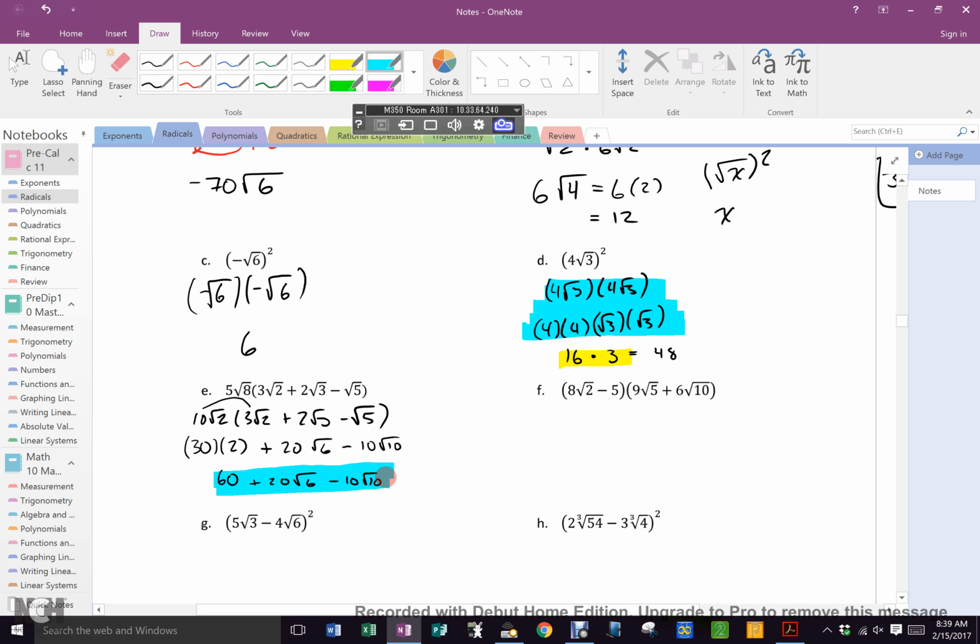Everybody cool? All right. Now this next one is where it starts to begin to get actually tricky, right? This is FOIL. Okay. So just do it step by step. First, outside, inside, last. Write out the numbers. Simplify all the stuff you already know what to do. Okay? So,